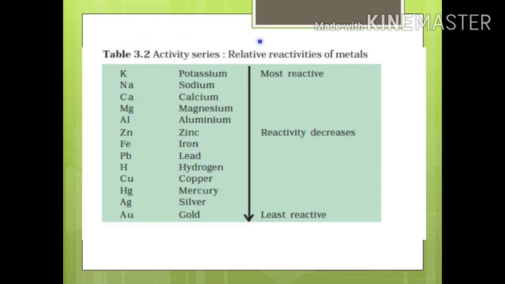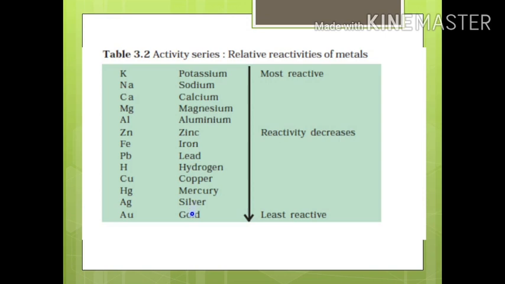This is a chart which indicates the reactivity of metals. When you go down, the reactivity of the metals decreases. The most reactive one is potassium, then sodium, calcium, magnesium, aluminum, zinc, iron, lead, hydrogen, copper,